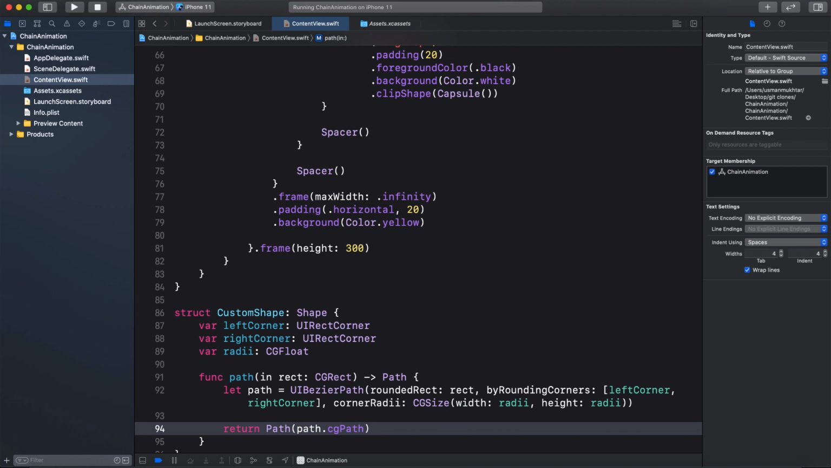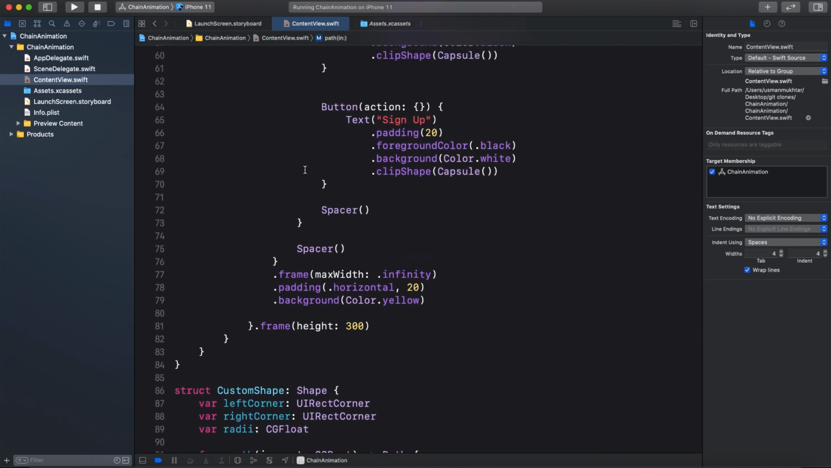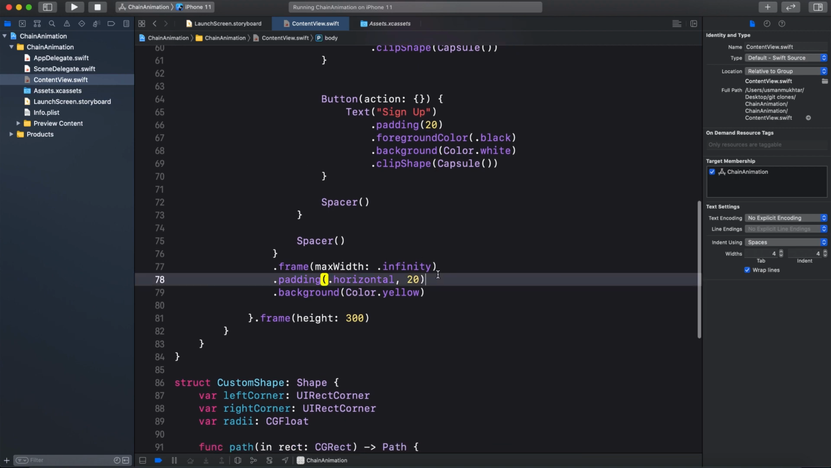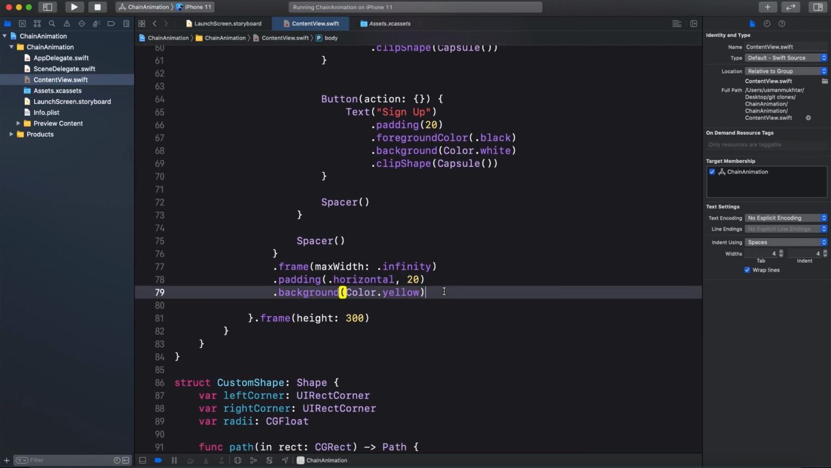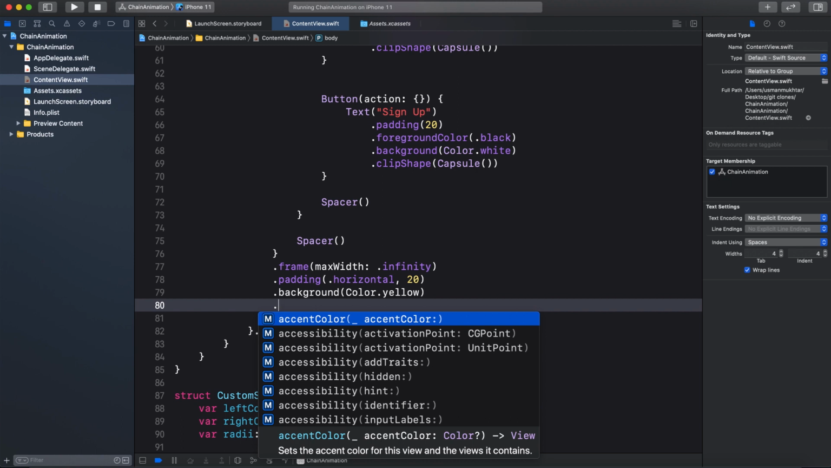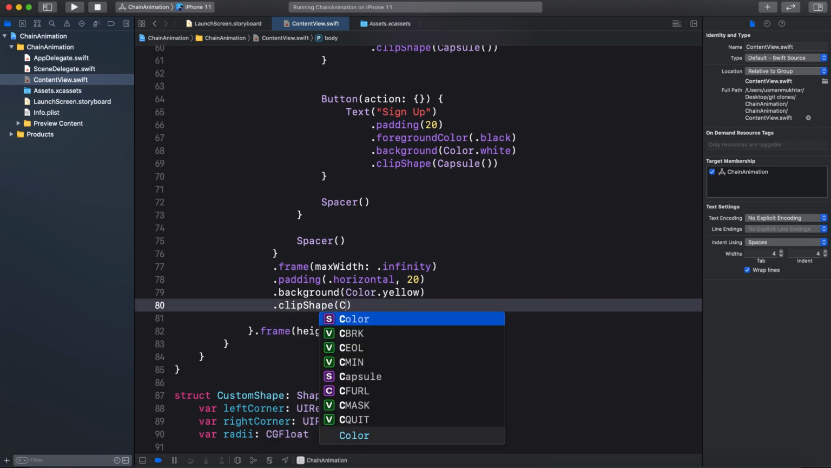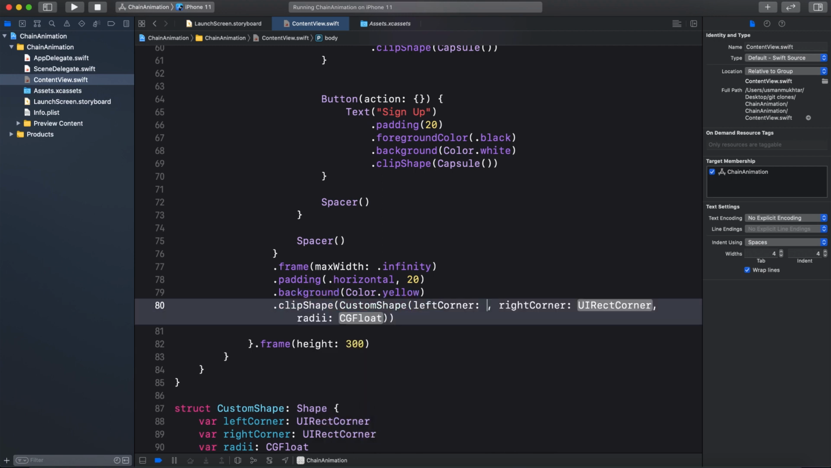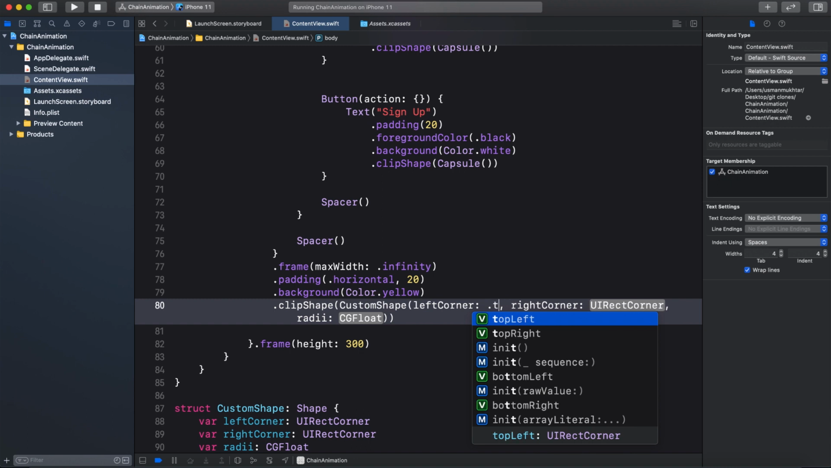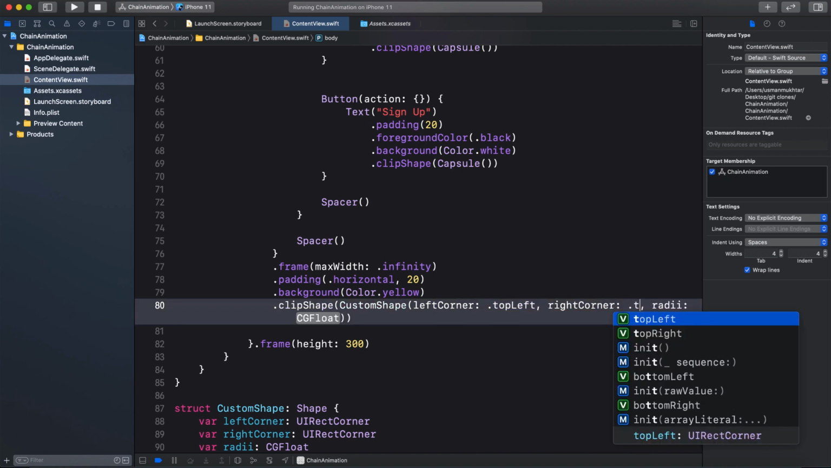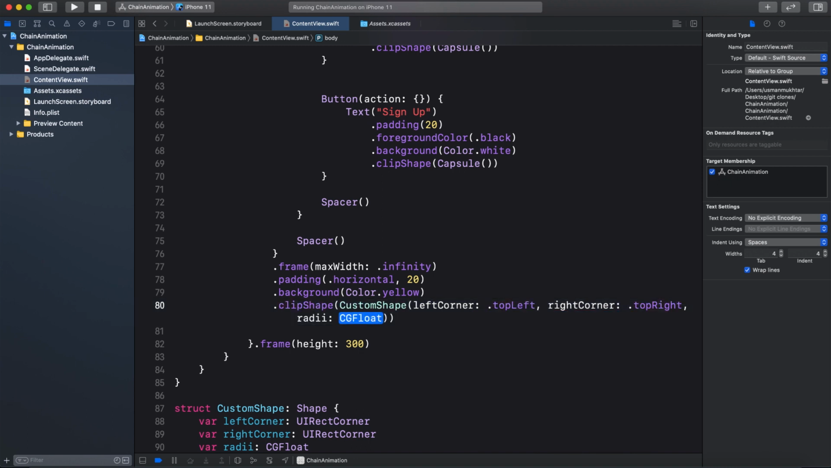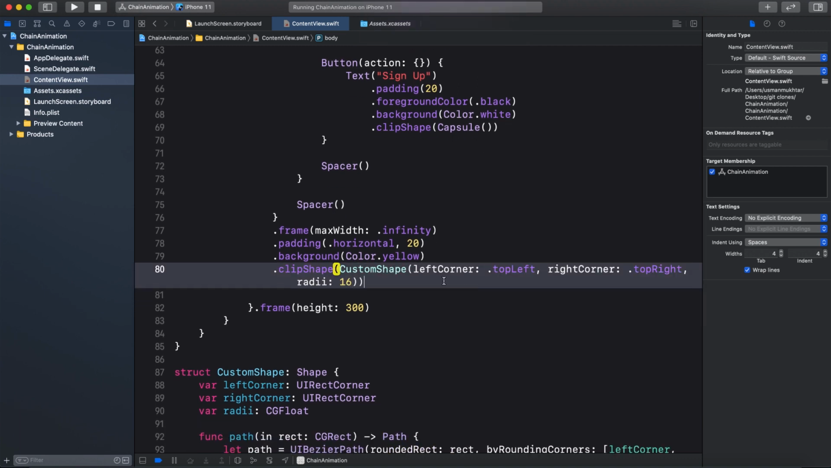Okay, now that we have created our struct for a custom shape, let's go ahead and, after the background color, add a clip shape, and inside our clip shape we are going to add the custom shape, and then it's going to give us 3 parameters. So for the left corner we are going to do .topLeft, and for the right corner we are going to do .topRight, and for the radii we are going to do 16,